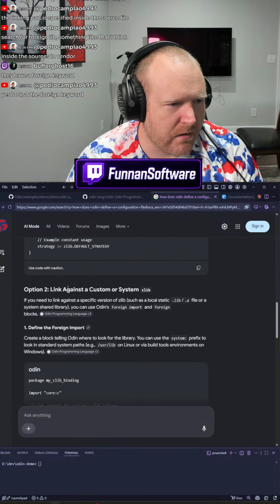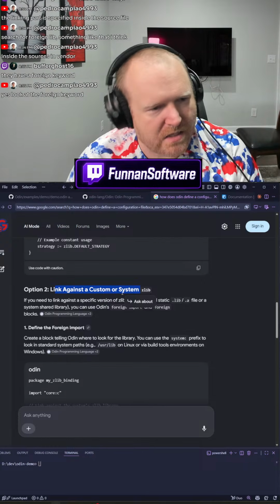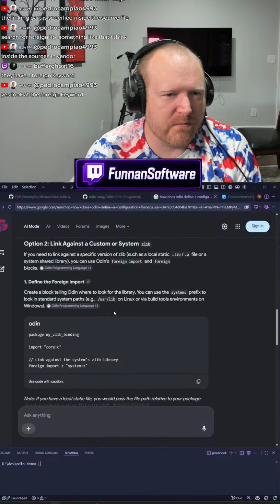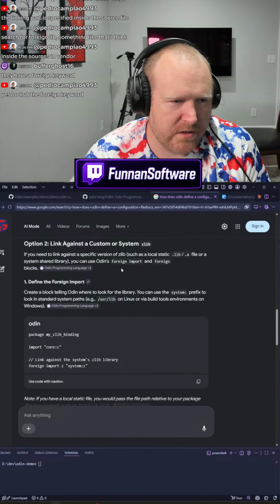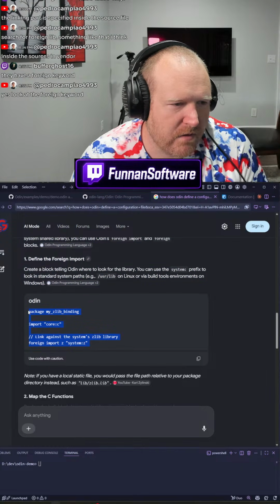Use the built-in. No, I don't want to use that, I want to link against a custom or system zlib. If you need to link against a specific version of zlib, you can use Odin's foreign import blocks. Frick.